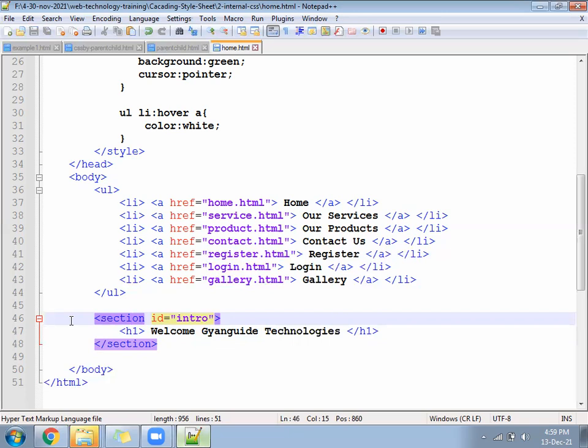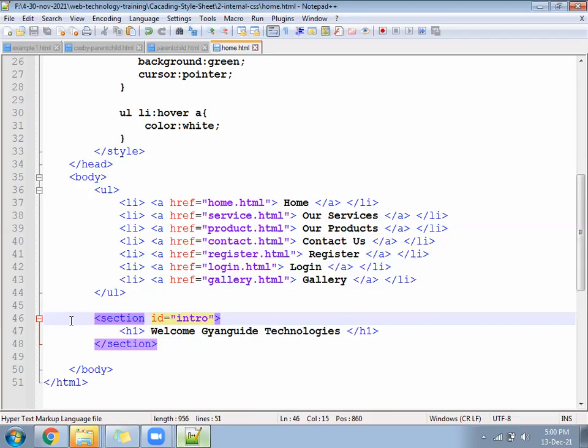Those tags that explain about themselves. Example: footer, what do you understand? Footer goes down below. Header goes on top. Nav is for navigation only. Aside means either left or right.